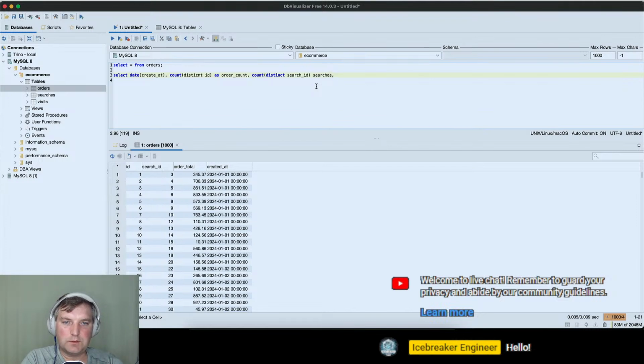And we also want to sum total as total from orders group by date created at.